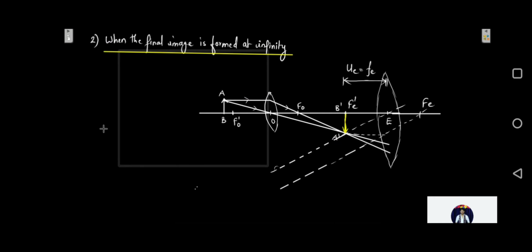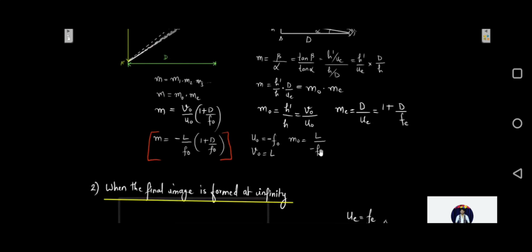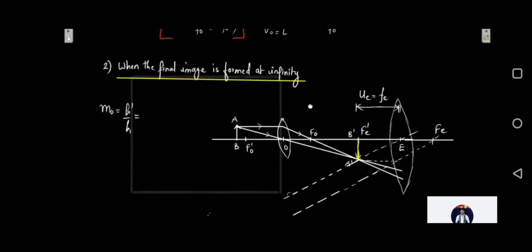Okay, so in this case the linear magnification of the objective is going to be h dash upon h, which we have seen in the previous derivation. We got it finally as L upon minus f naught, so we are going to use the same over here. It will be equal to L upon minus f naught. But in this case, we had seen in the simple microscope, since this eyepiece is specifically behaving like a simple microscope wherein the image will be obtained at infinity, the angular magnification of the eyepiece, that is the ratio of the angles subtended, will be given by what?